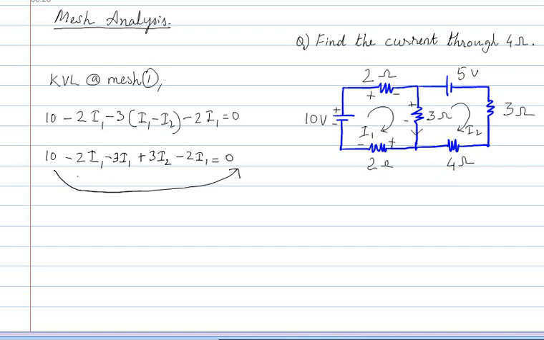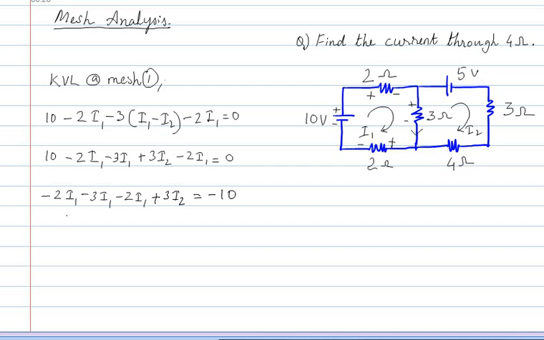If I take plus 10 to the other side, you all know that it becomes minus 10, isn't it? So the remaining portion is I1. So I will write the remaining: minus 2I1, minus 3I1, then again I1 is minus 2 here. Okay, so minus 2I1. And then what I am having is 3I2. So see, what I have done is I have basically grouped together all the I1 currents and the I2 current. And 10, when we take it to the other side, we know that it becomes minus 10.